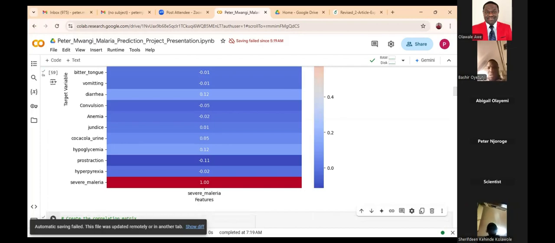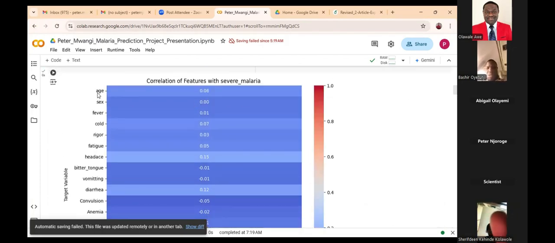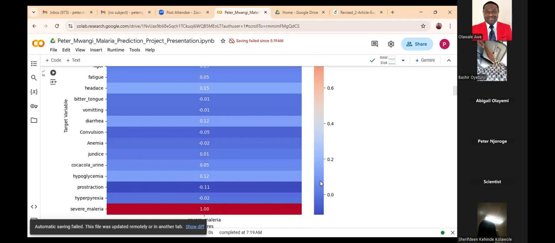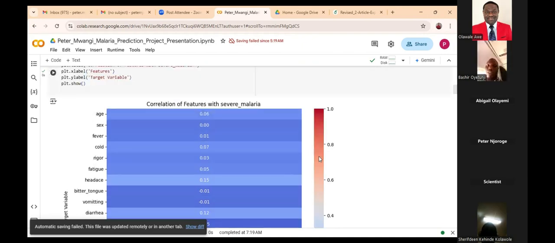If you take a closer look at this matrix, you are able to see, for instance, age has a correlation of 0.06. Sex has a correlation of 0.00, actually no correlation. Fever, 0.01, cold, 0.07. So generally, the features are not much correlated with the target variable. If you see this scale, if it's color blue, it means that the correlation is not as strong. But if you happen to see a feature that is going towards red, it means that feature is highly correlated with the target variable. So for this data set, the features are not really correlated, but of interest is that